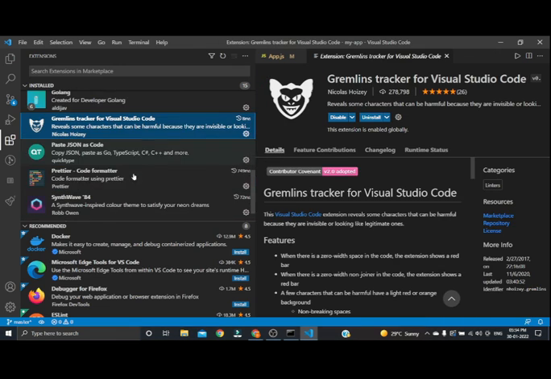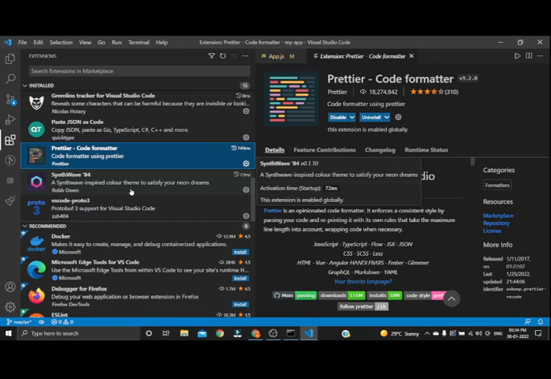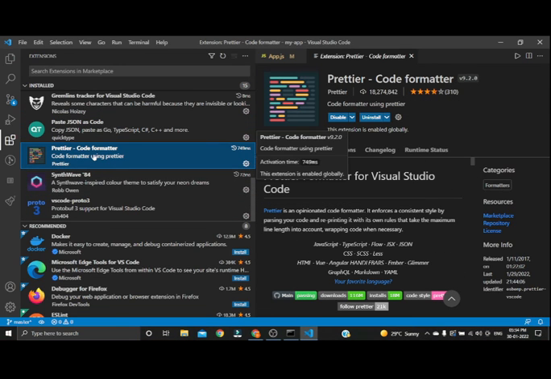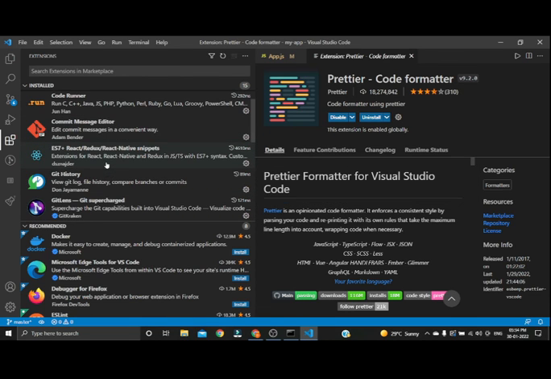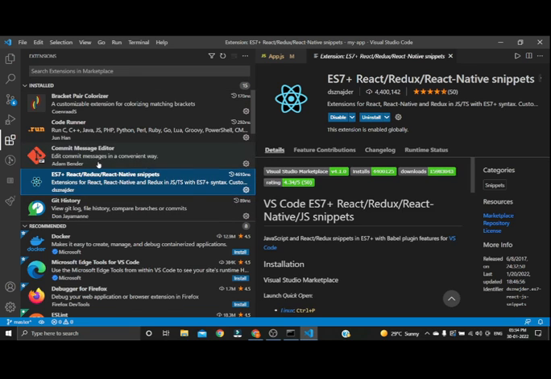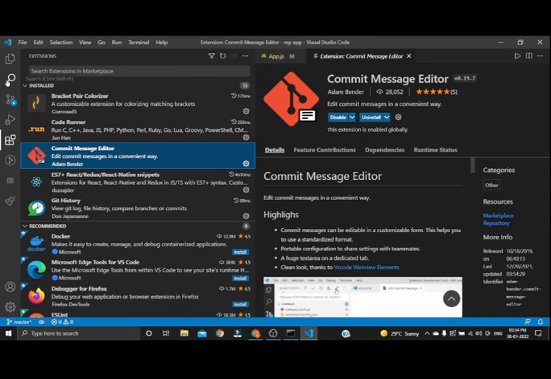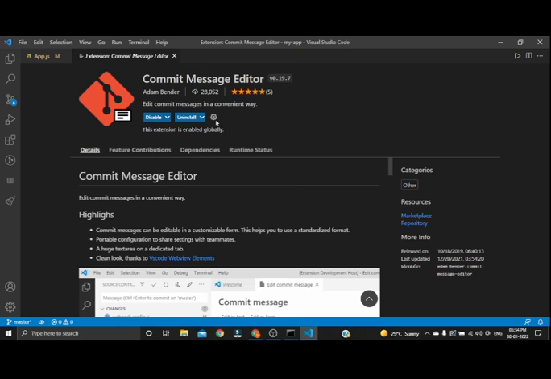Okay, so the ones you should be installing is number one, Prettier for code formatting, and you can install ES7 React and Commit Message Editor. These are things I would recommend for now.